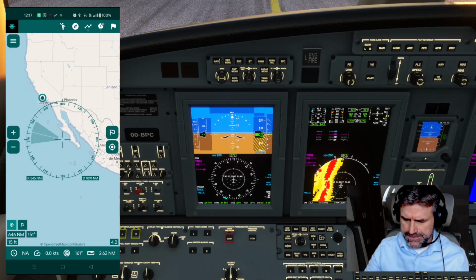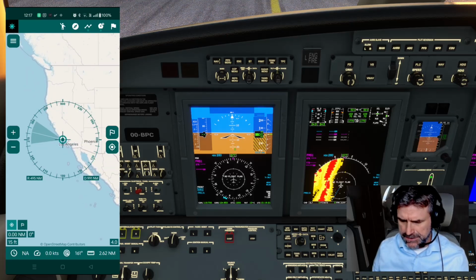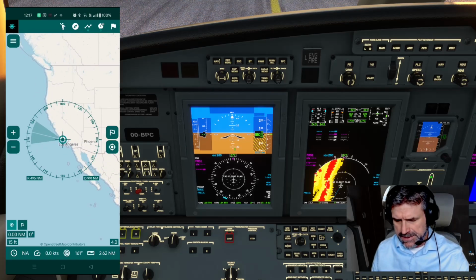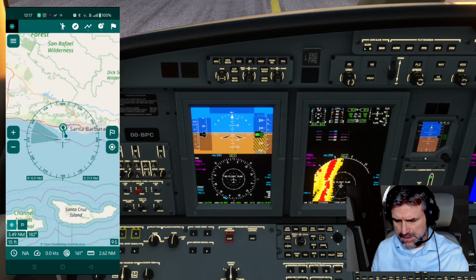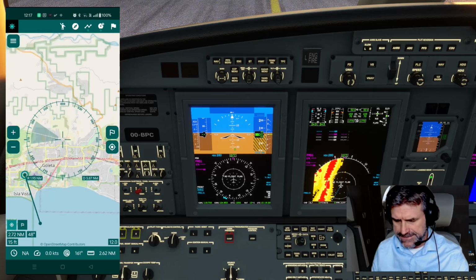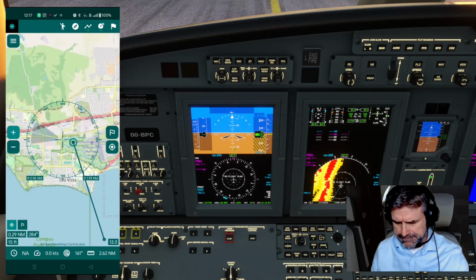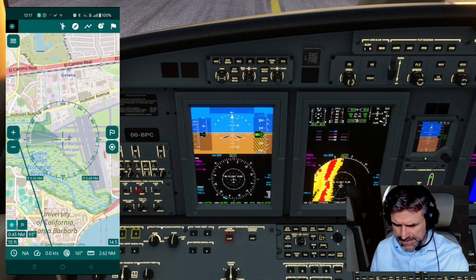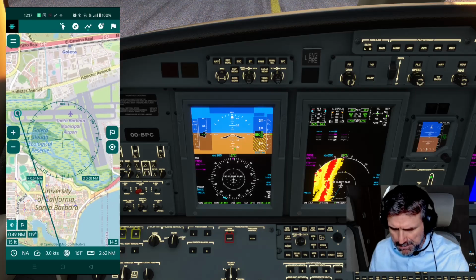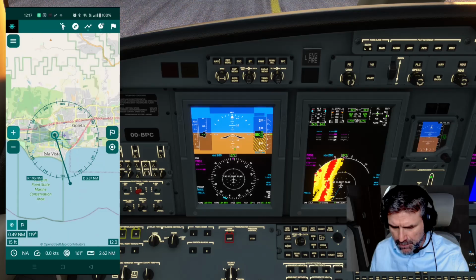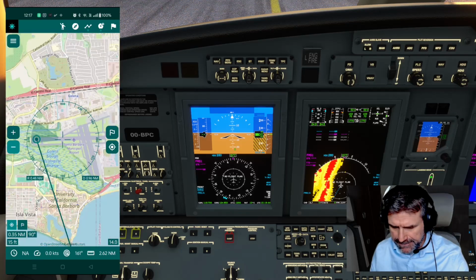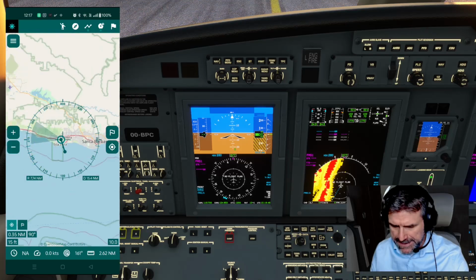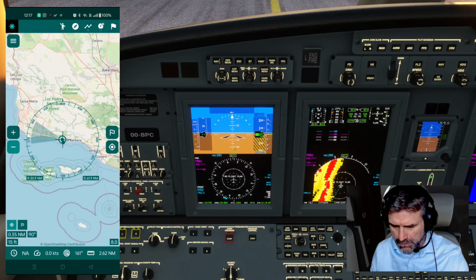Just click on the set current position button and zoom in, and you'll see we are at the Santa Barbara Municipal Airport at runway 07, and today we're gonna fly all the way to